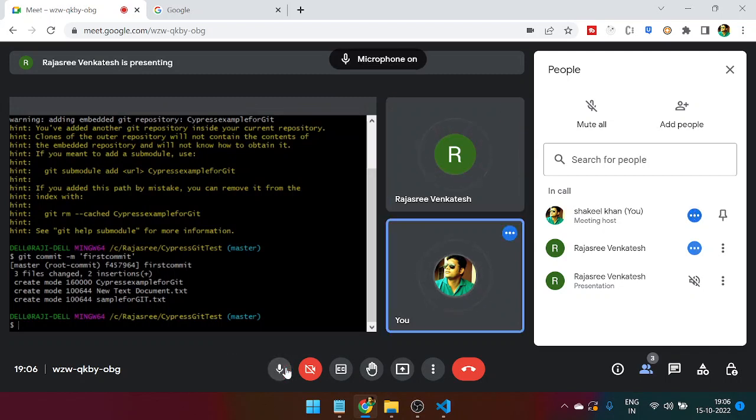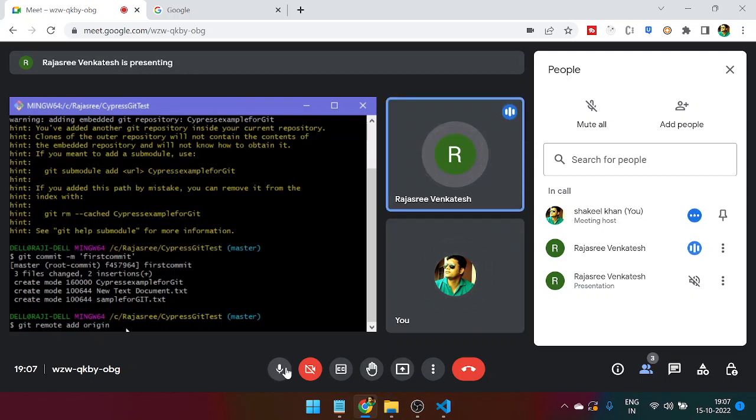Just write git remote add origin, and just copy that link and paste here. There, your GitHub link. Usually I paste the whole thing down. No worries, that's okay, because the whole thing is there. If I make a small mistake, it won't work, right? Exactly. So to be safe,